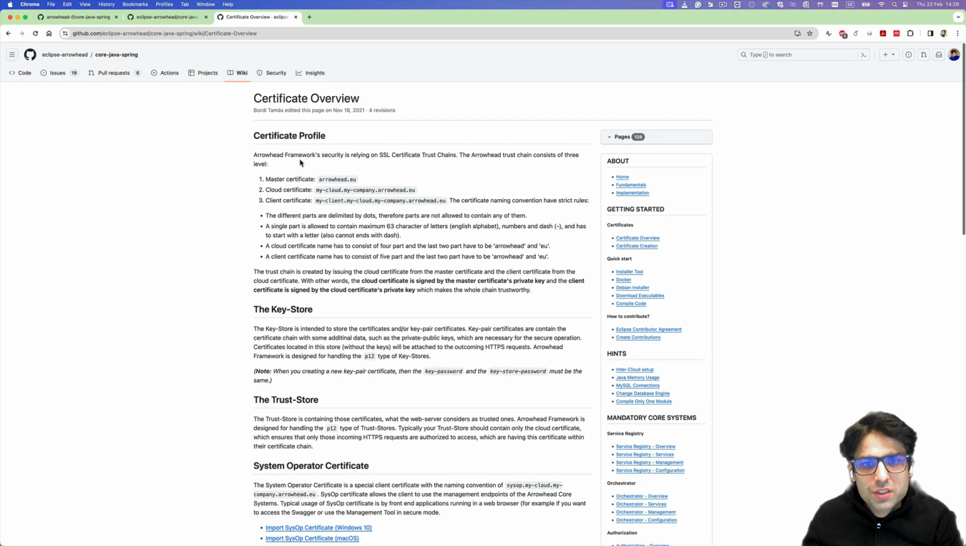Arrowhead Framework security is relying on SSL certificate trust chains. The Arrowhead trust chain consists of three levels. Master certificate, which has the naming convention of arrowhead.eu, the cloud certificate, which is mycloud.mycompany.arrowhead.eu, where my cloud can be any name and my company can also be any name for the company as well. And then the third one is the client certificate, where the naming convention is